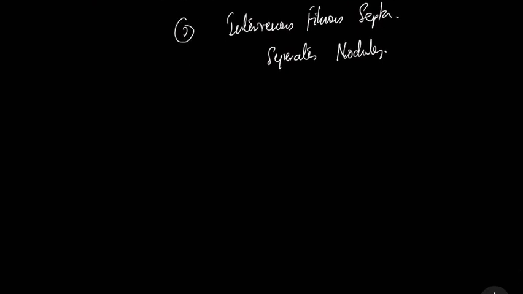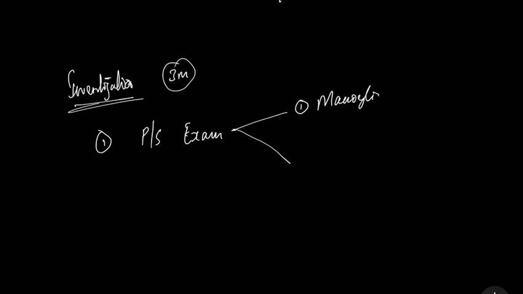Now let's come to the investigations. All right, now the investigations are very important for this particular topic for your liver cirrhosis because it can be asked as a 3 marker for your final exams. We can do the following investigation. So your peripheral smear exam, all right, is one of the investigation we can do, and this will show two things. One is your macrocytic anemia, all right, and second, there are increase in your acanthocytes,